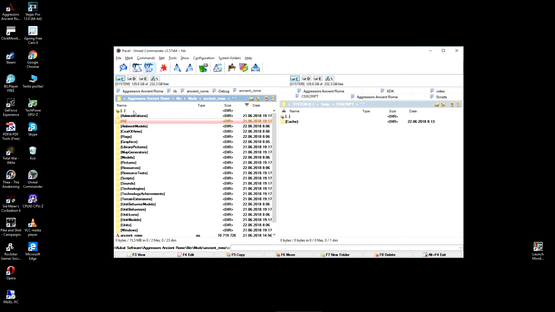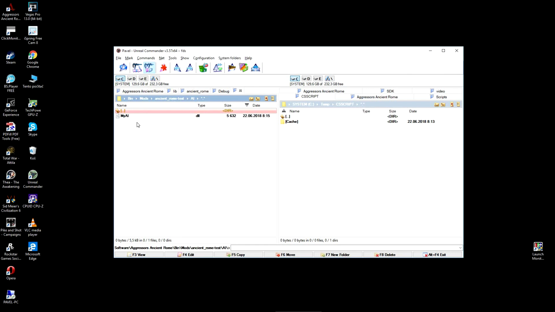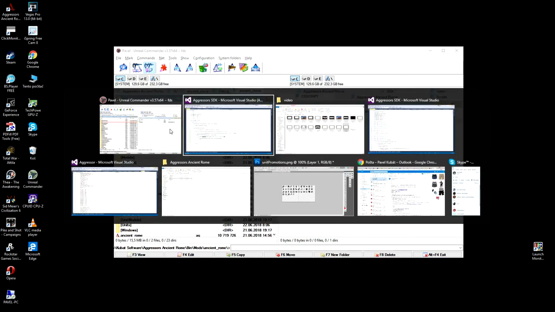It should be copied to the AI folder. So let's create an AI folder and copy that file over. So we have my AI in the prototyping mod folder, and then we have these AIs. There are already AIs for the ancient Rome mod. So what are we going to do? We are going back to